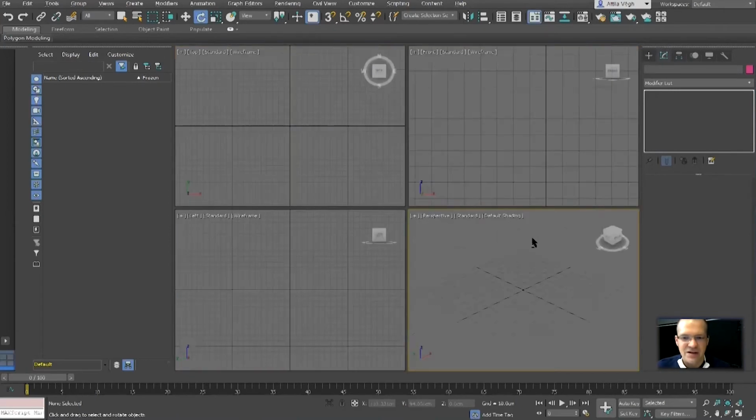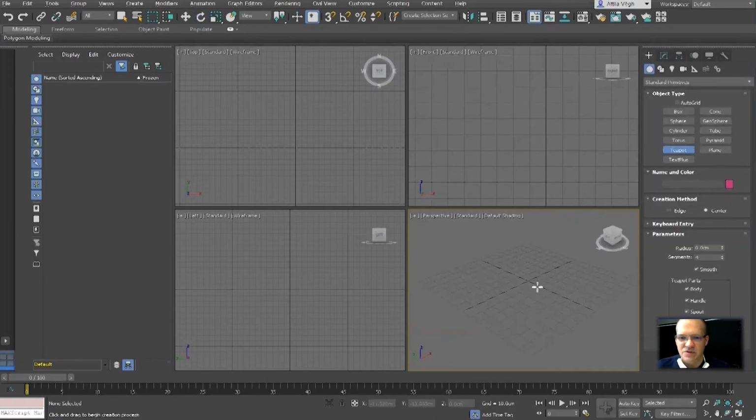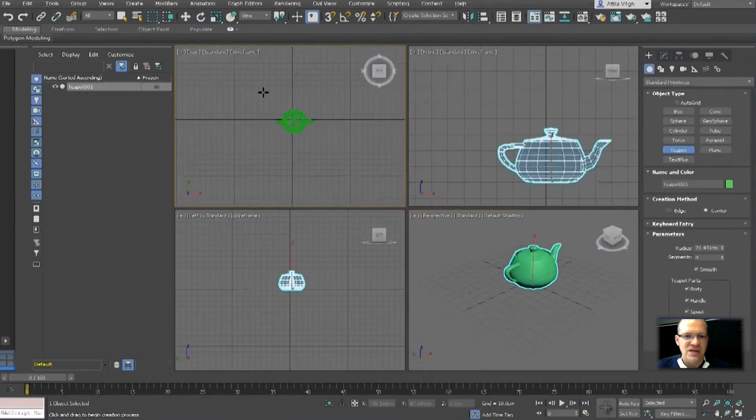So what I want to talk about is the active grid. So why is it important? The perspective is like a table. So if you're working with perspective, you put everything on the table. It's just like the top view. The top view is like a floor. Actually, the perspective is like a picnic in the outdoors. You just have the blanket on the floor. That's it. So when I'm creating something on the perspective plane, it will be placed the same way as on